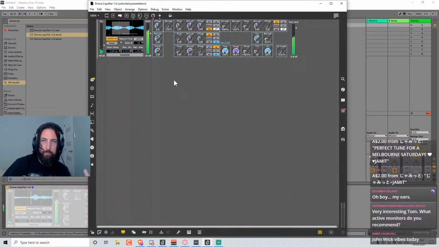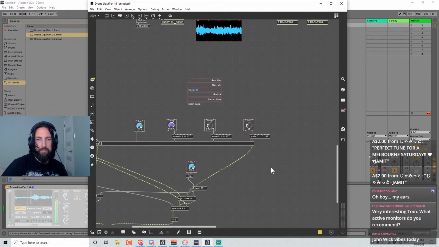Dry, wet, reverb. So if we did dry, wet, and reverb, I mean the whole mix knob would be gone altogether. So let's give this a try.